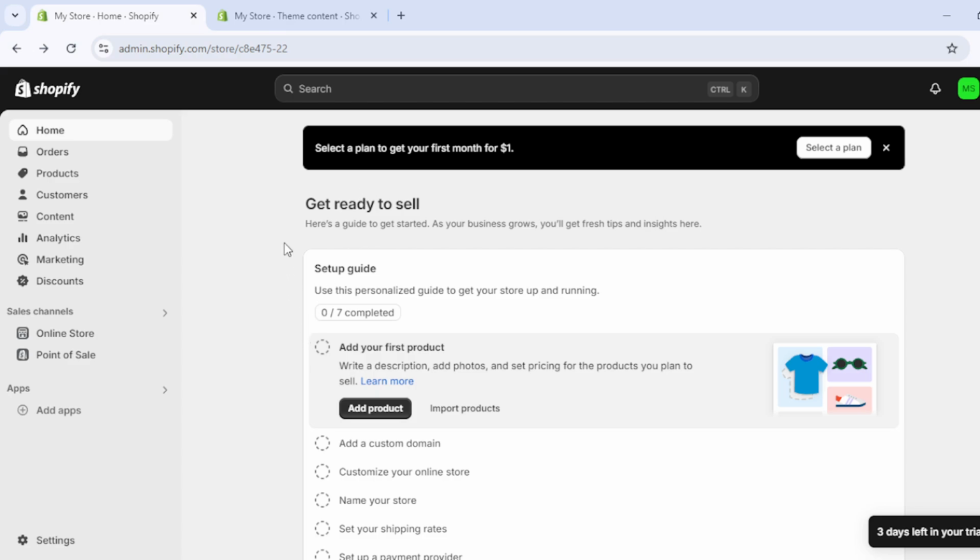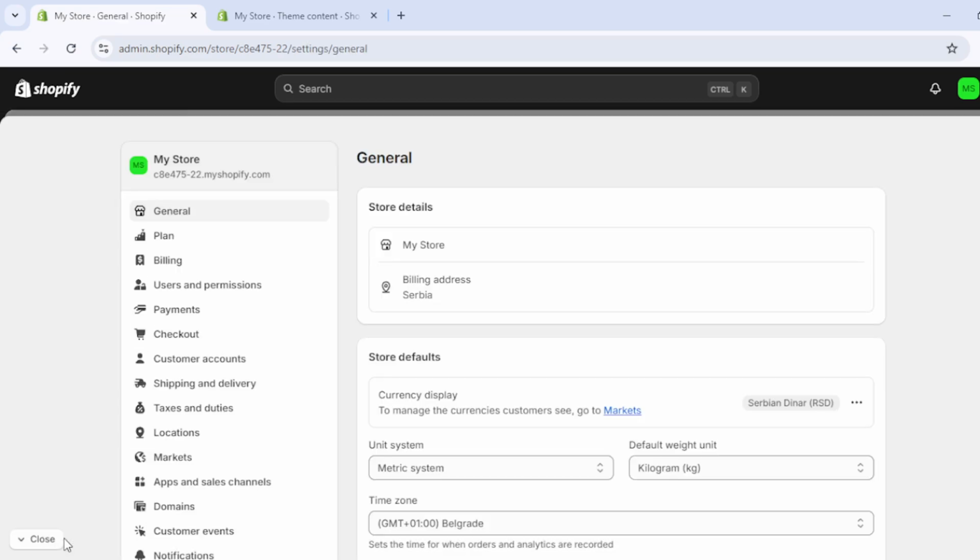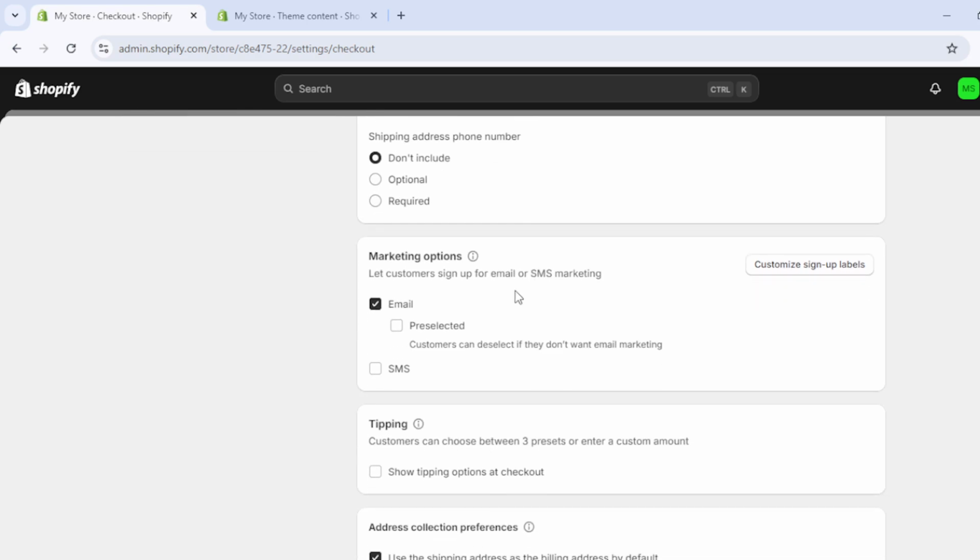Today we're gonna talk about how to customize sign up labels, guys. Down below you need to go in your account and see in the bottom left corner the settings option. Once you press on it, this huge menu will pop up. Once you're done with that, you need to press on checkout right here, and down below we can see marketing